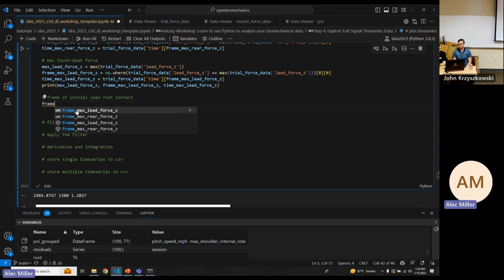I'm going to do one more real quick because we're going to use it later, but I'm going to start speeding through this a little bit so we make sure we leave time for you guys at the end to ask questions. I just want to find lead foot contact and the frame that occurs so we can plot it later. So frame of initial lead foot contact equals numpy.where